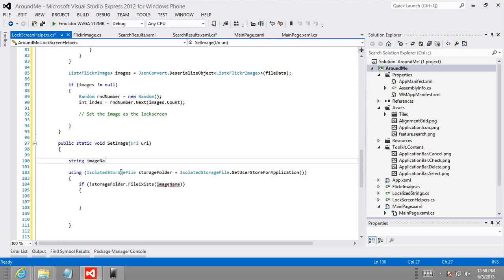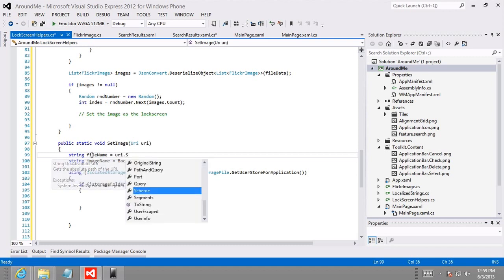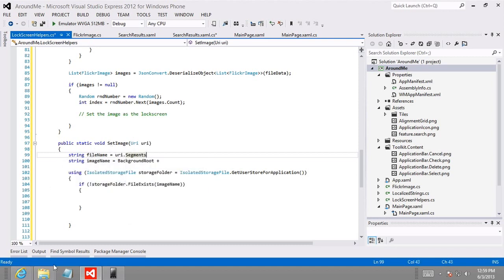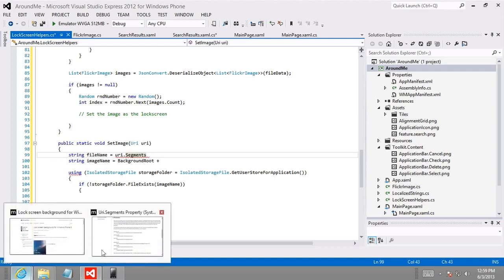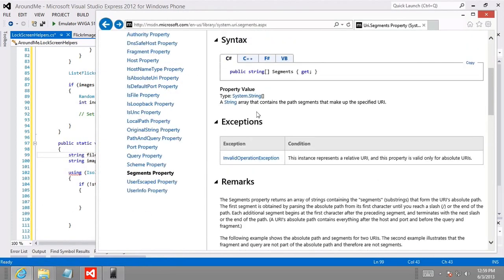String image name equals. And so I know part of it's going to be the background root, but we also need just the file name part of this URI. So let's do this. String file name equals. Now fortunately URI has this segments, I guess a method or a property or something. Here, let's take a look at it. URI segments